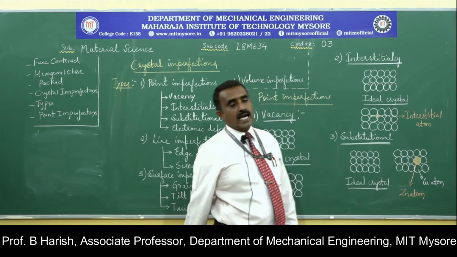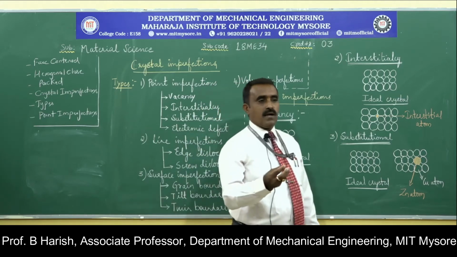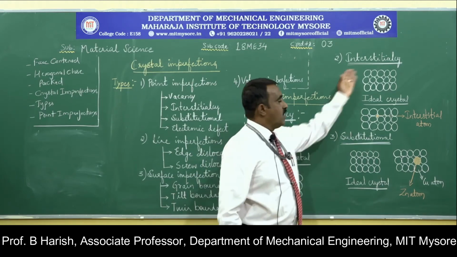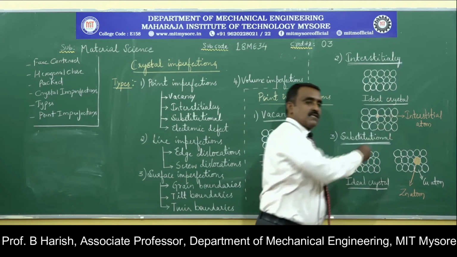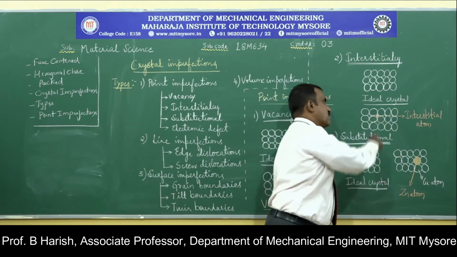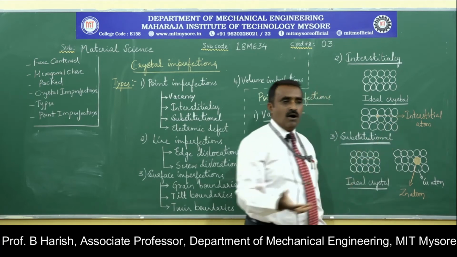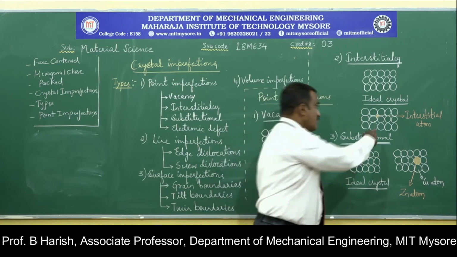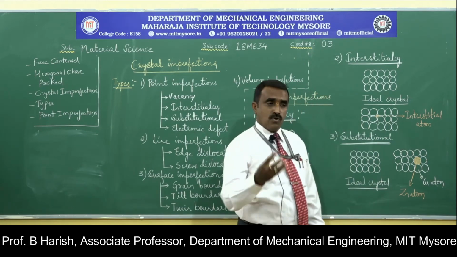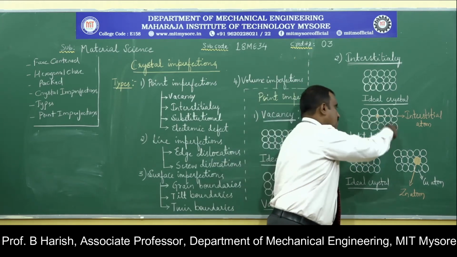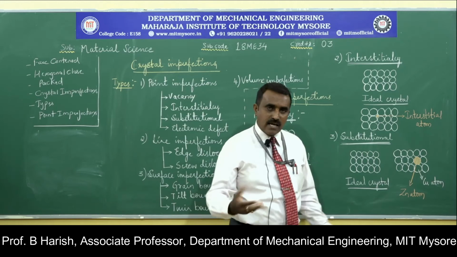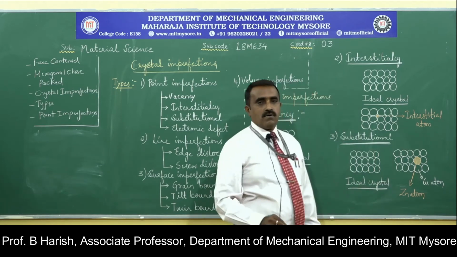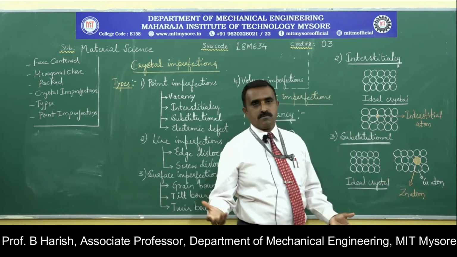Now when carbon is added to iron, the carbon atom somehow should fit into the crystal structure of iron. It moves over the crystal structure and tries to occupy the interstitial space. You can see this is the interstitial atom, or you can say a foreign atom, that can occupy the interstitial space. The size of the carbon atom can be smaller than the original crystal structure atom, or it can be bigger in size also. Whatever may be the case, when it tries to occupy the interstitial space, the atoms surrounding it get disturbed.